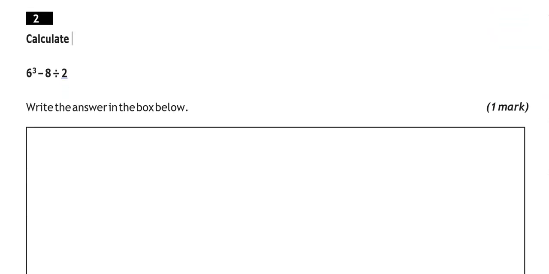Calculate 6 cubed, take away 8 divided by 2. Write the answer in the box below. We know through BIDMAS that we need to do indices first in this case. So we're going to do 6 cubed, which is 6 times 6 times 6, which is 216, and then take